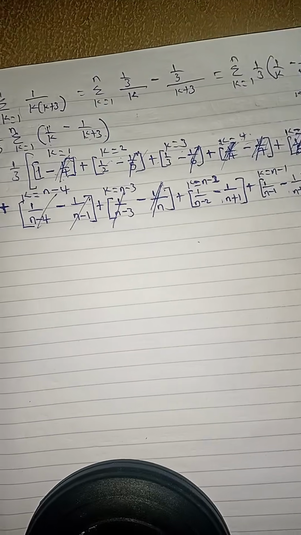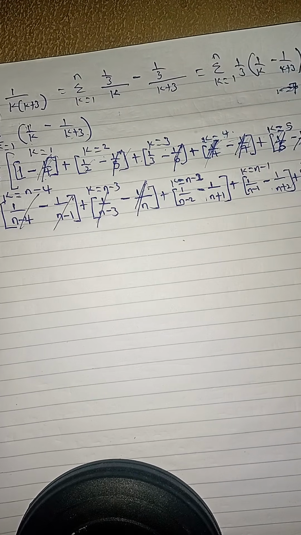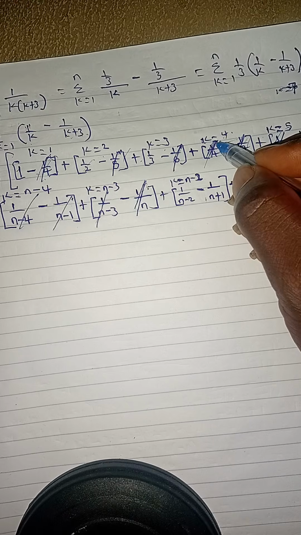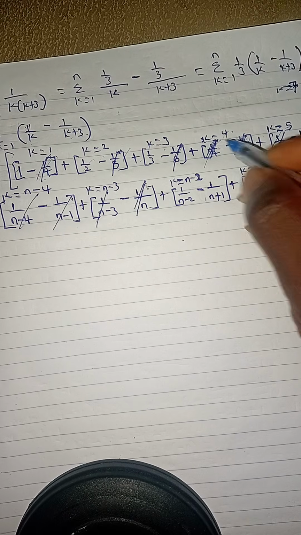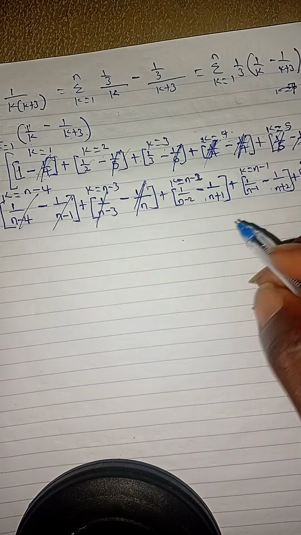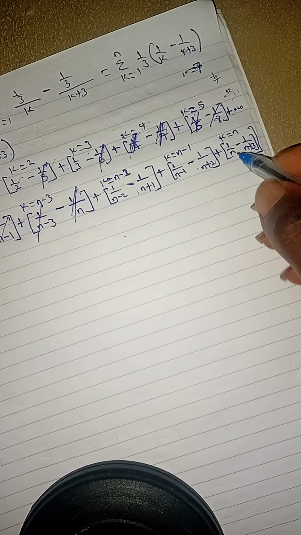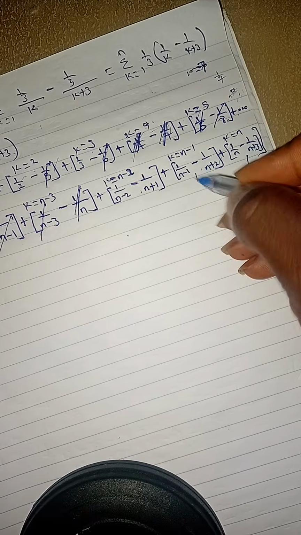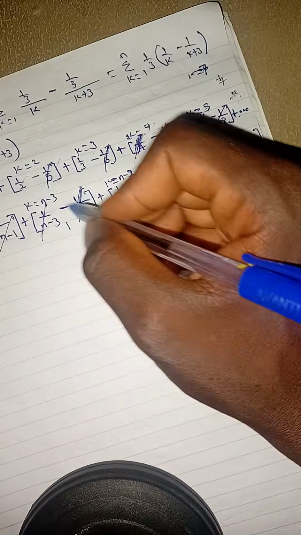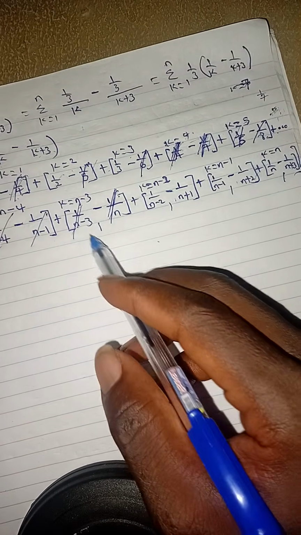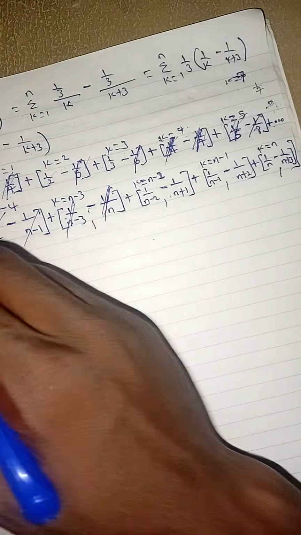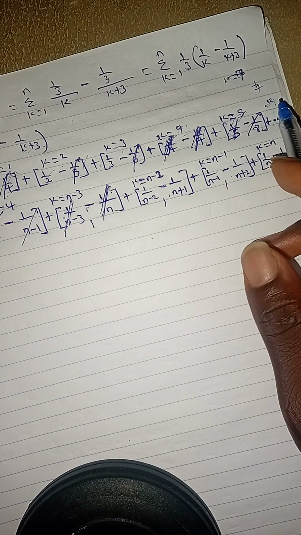So what do we need to do? Let me come again. Where do you have 2 to start cancelling out? This is where 2 started cancelling out. This cancels, this also cancels, which is the fourth term from this side. Now go to the fourth term from the other side. First, second, third, fourth. Since 2 started cancelling out here, 2 will also start cancelling out here. And everything in between, this and this, will go. You don't want to see them, they will also go.